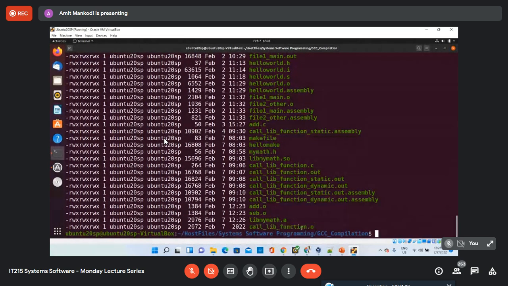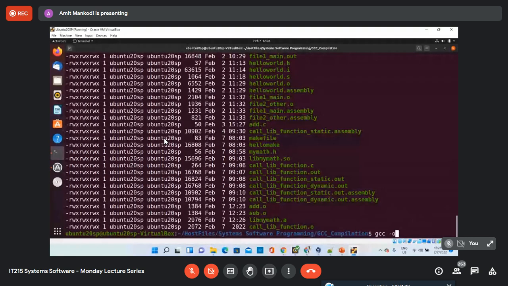Once I have the object file for the main program, I can create an executable by saying this is my main file, and then this is the library file where the functions are included. These functions are called in my main program, right? To run the linking step, as long as we provide the object file directly to GCC, it knows that the first three steps are already done. They are not required, and we can directly use this object file to create the executable. So that is what we will do.